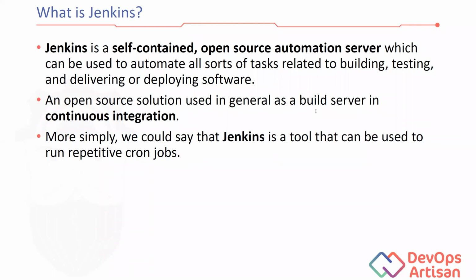You can compare it, I don't know, I hope everyone is familiar with Linux environments, or everyone used cron jobs, also on Windows machines, not only on Linux. So a cron job is something that is executed at a specific period of time, and it runs what you define to run. In the same manner, you can think that Jenkins is a tool similar to a cron job that will help you to run those repetitive jobs that you will create